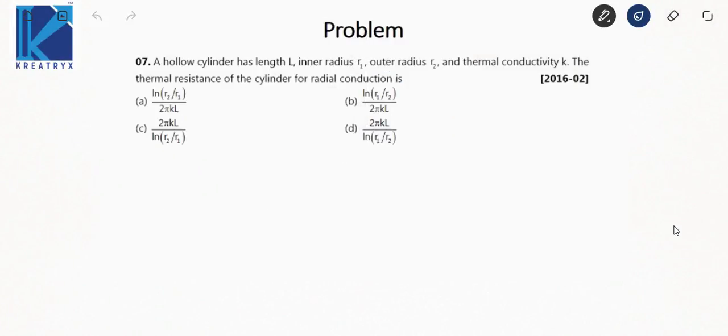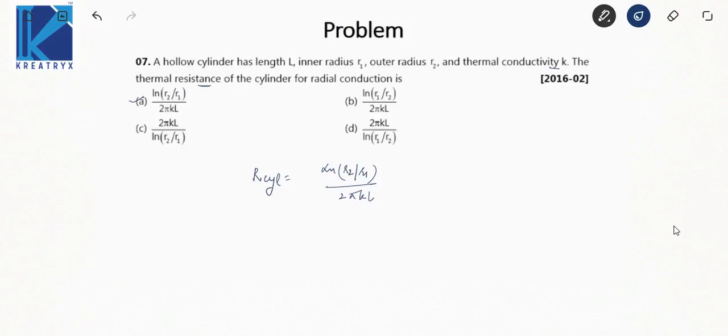Okay, the next question is, a hollow cylinder has length L, inner radius R1 and outer radius R2, and the thermal conductivity is K. The thermal resistance of the cylinder, okay, so the question has been repeated again. We know that the thermal resistance of the cylinder is ln(R2/R1) upon 2 pi KL. Okay, so A is the answer, and the formula based question has also been repeated,